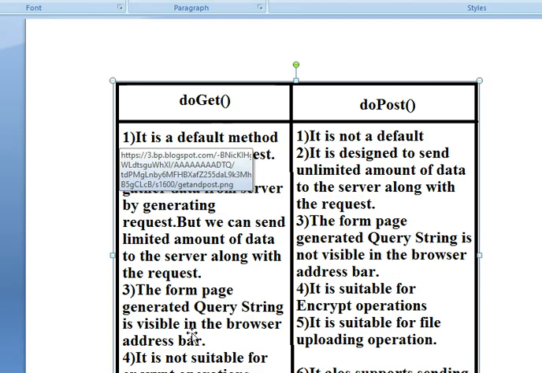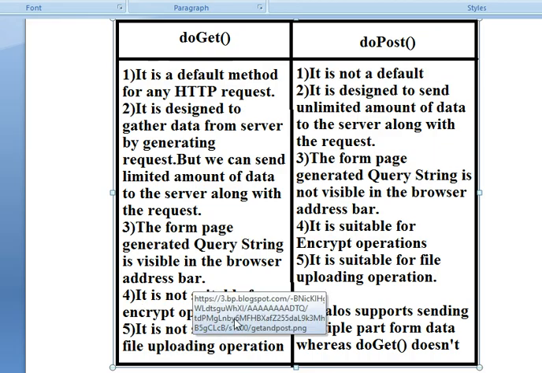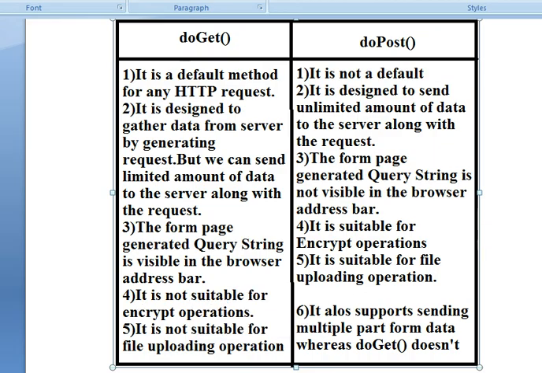Okay, and the doGet method is not suitable for encrypt operations. Encrypt means here, whatever you are sending, if the message is clearly in English, everyone can understand that language. But whenever we are encrypting, that means converting normal plain text into an unreadable format, that is nothing but encrypted.